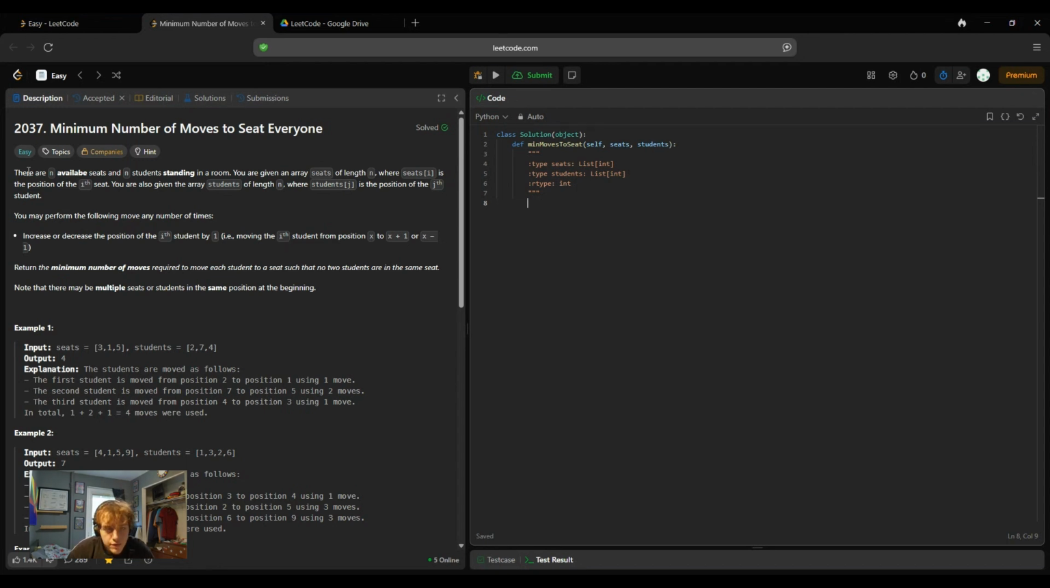So there are n available seats and n students standing in a room. You're given an array of seats of length n, where seats[i] is the position of the ith seat. You're also given an array of students of length n, where students[j] is the position of the jth student. You may perform the following move any number of times: increase or decrease the position of the ith student by 1,